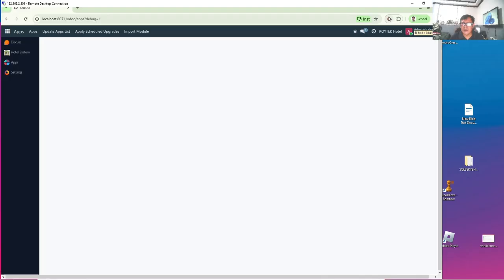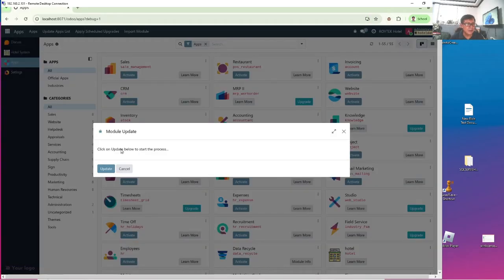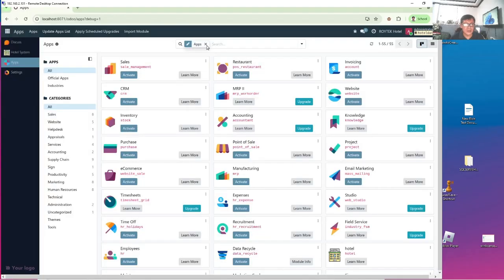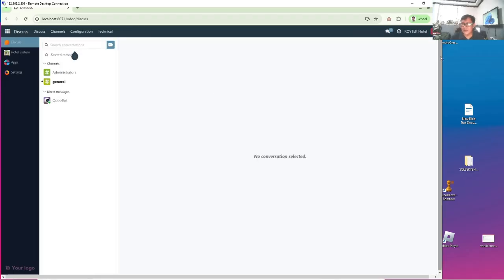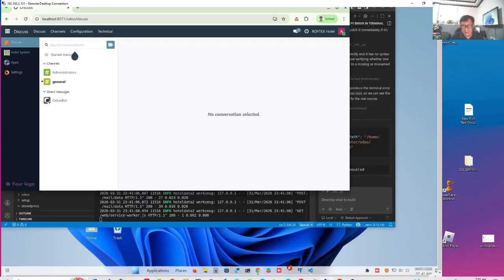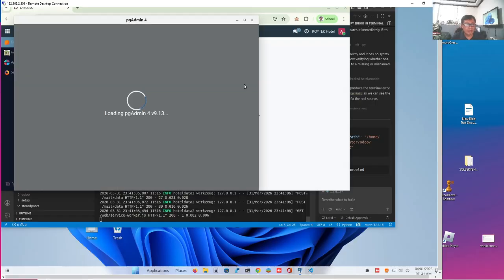We activate the developer mode as usual. If you want, you can update the app list, but if you've done this before, the Odoo conf has been read several times. Okay, let's upgrade this. I hope there's no error. Having tried this before, I'm sure there's no error. So anyway, let's minimize this and check the corresponding Postgres admin table.